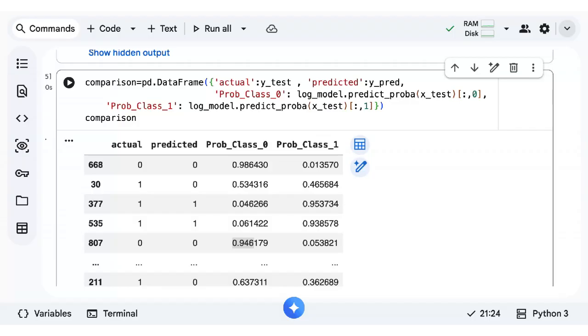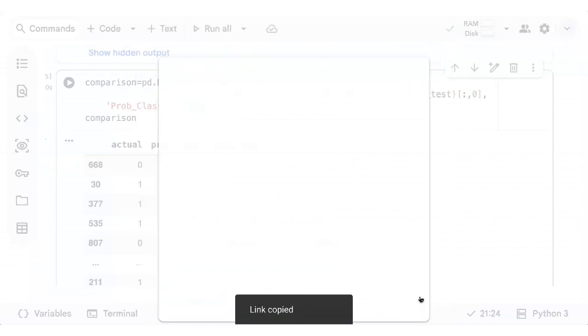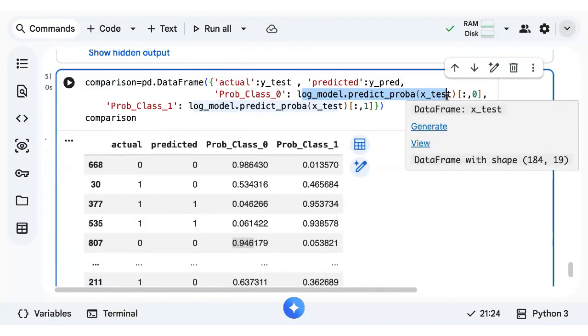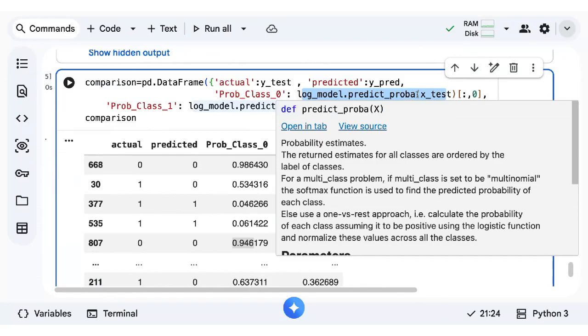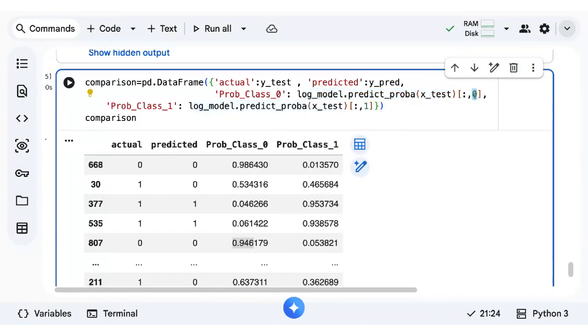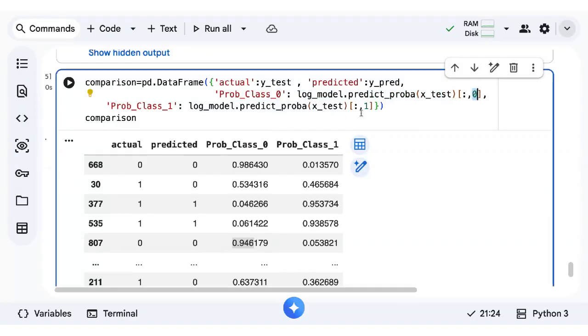Any questions? Anything not understood? Just ask. Here, simple. I showed you previously, now predicting probabilities for X test. Instead of predicting classes, we are predicting the probabilities. Before classifying into classes, it usually converts all continuous values to a range of 0 to 1, right? That's what I'm showing. In that I'm taking the first column, which is related to class 0. So colon comma 0 means it is taking the first column. Same goes with this, I'm taking the second column, the probability of class 1.